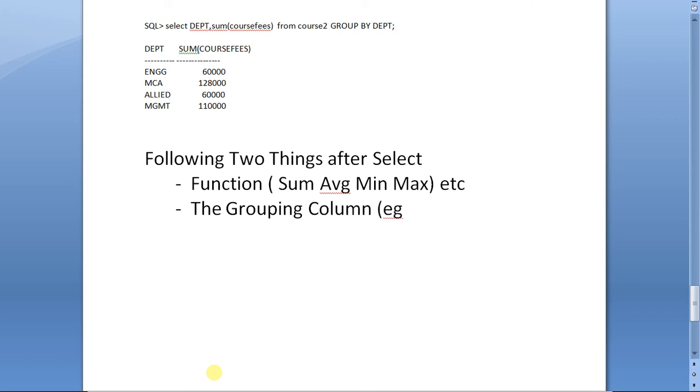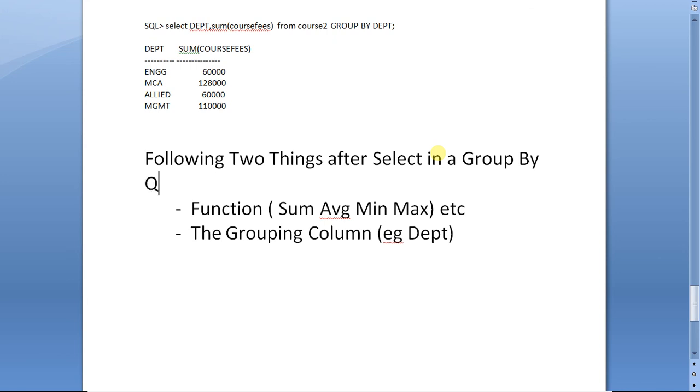For example, in our case, the column is department. You must remember, again I am repeating, if you are using group by, you can give only these 2 things after select: either a function expression, or just the column on the basis of which grouping has been done.